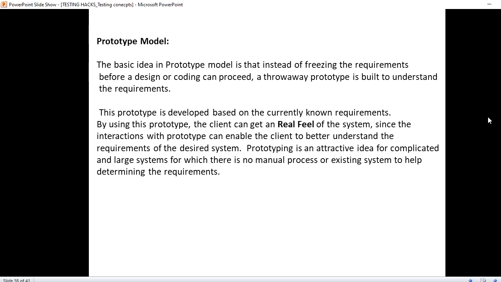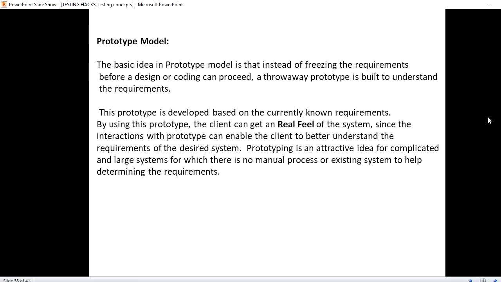By using this prototype, the client can get the real feel of the system, since the interaction with the prototype can enable the client to better understand the requirements of the desired system. Prototyping is an attractive idea for complicated and large systems for which there is no manual process or existing system to help determine the requirements.